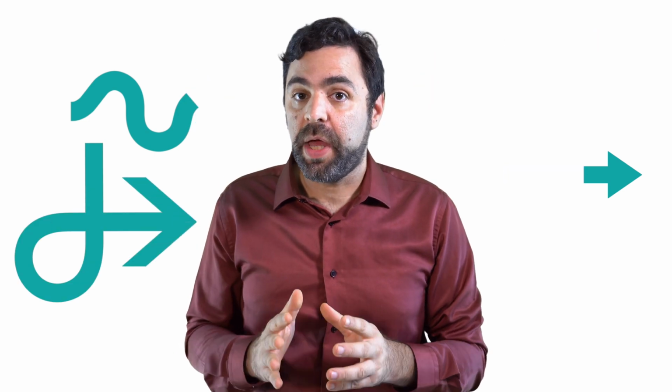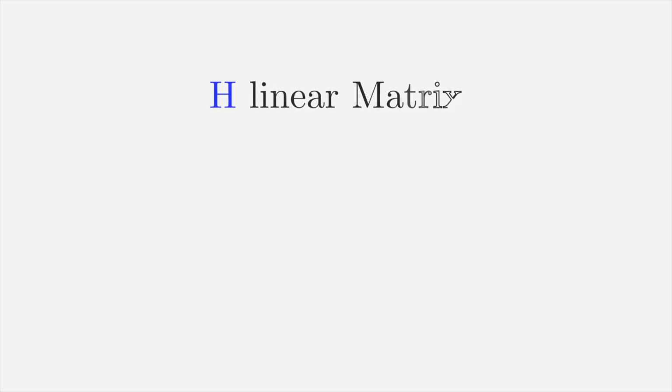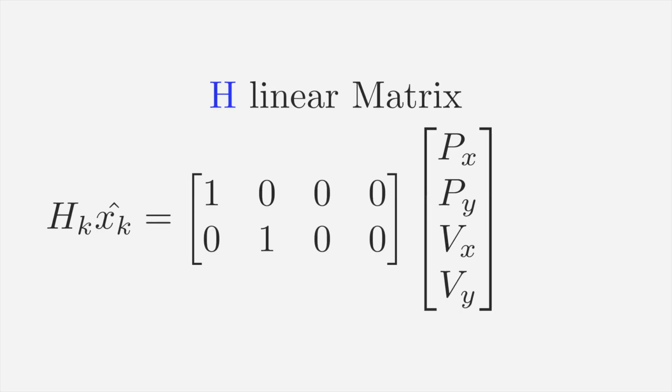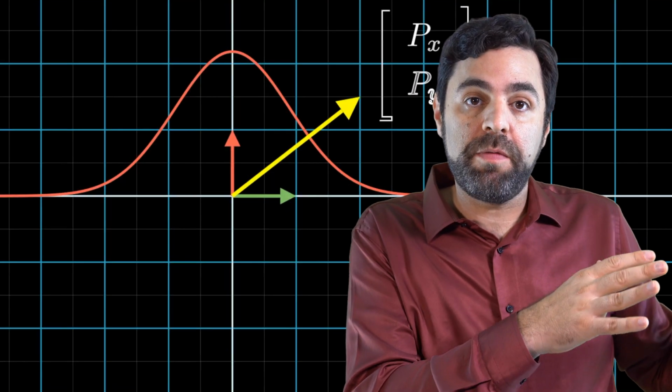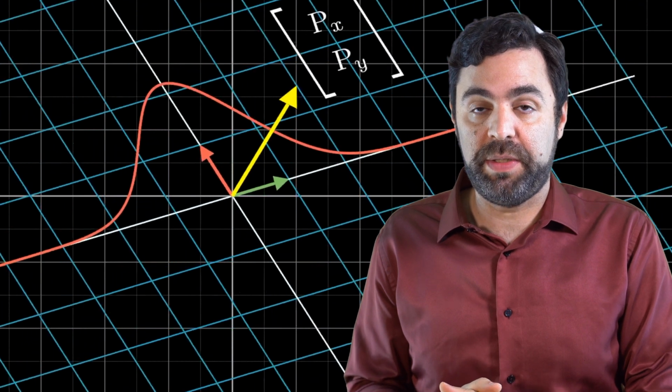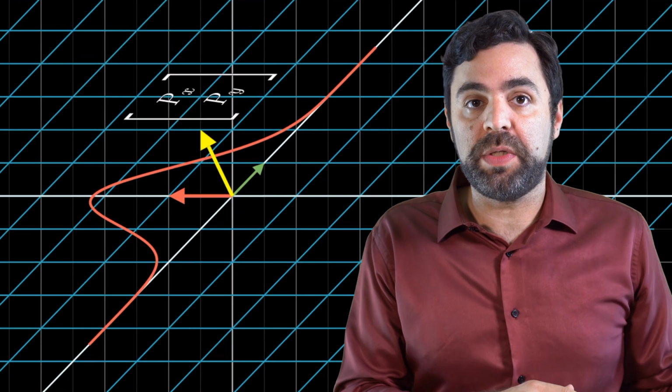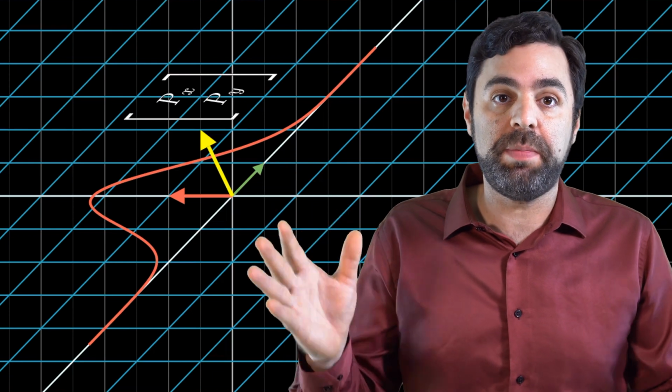The other linear assumption has to do with the H matrix, the matrix that transfers us from the state space to the sensor space. For example, assume that my state space is 2D position and velocity, px, py, vx, and vy. And I have a sensor that measures only the position px, py. Wonderful. Why? Because this sensor has a linear transformation from the state space to the sensor space. In fact, I can use any linear transformation of x and y, for example, 2x plus 4y.